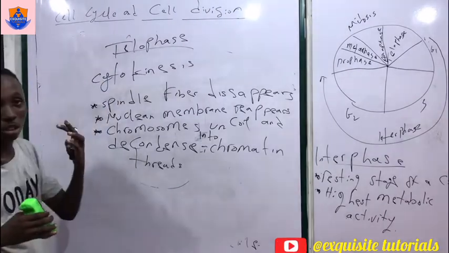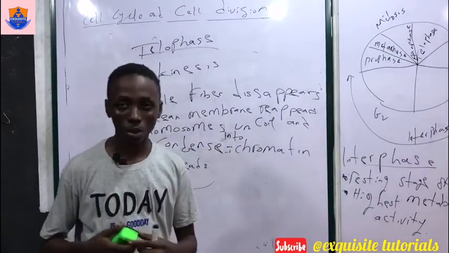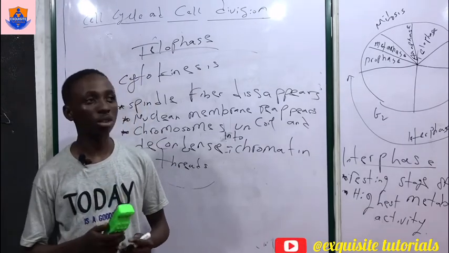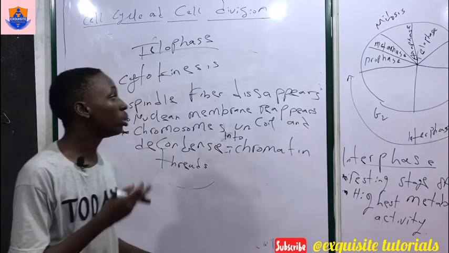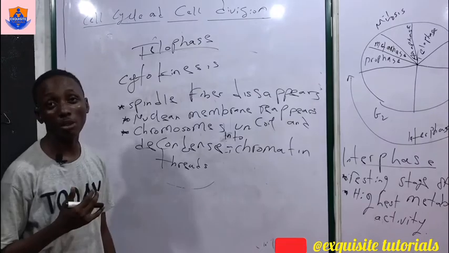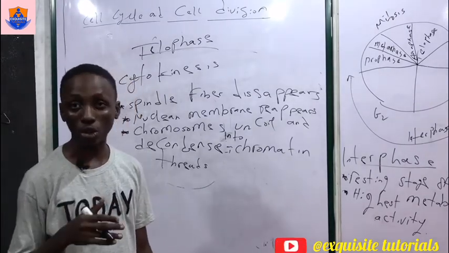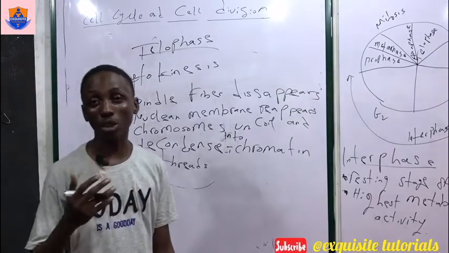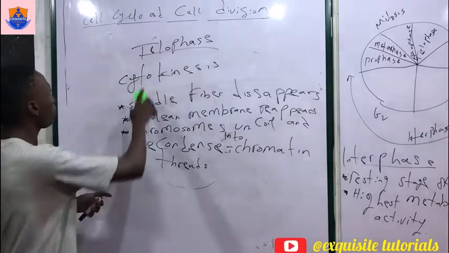Now, what is the importance of mitosis? Mitosis is very important for growth of cells, especially non-reproductive cells. Mitosis takes place only in non-reproductive cells because each cell has the same number of chromosomes. So for replication and growth, mitosis plays a very huge role because of equal division of the cells.